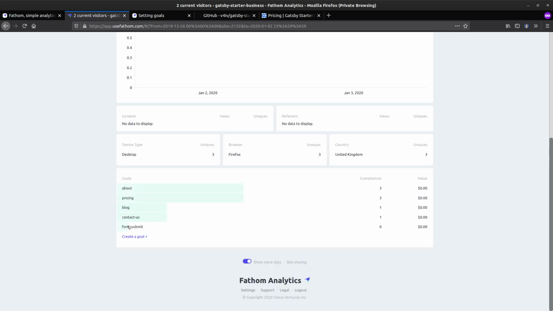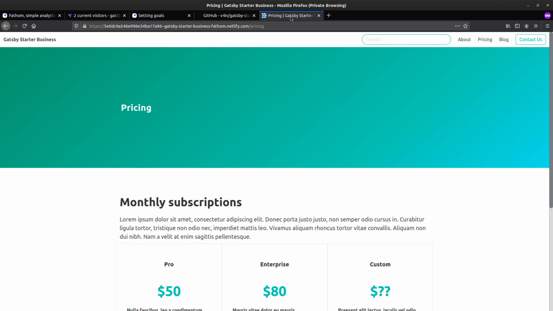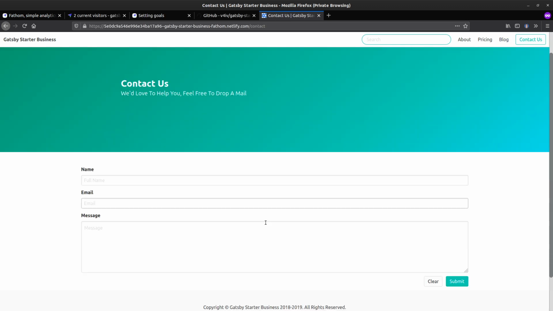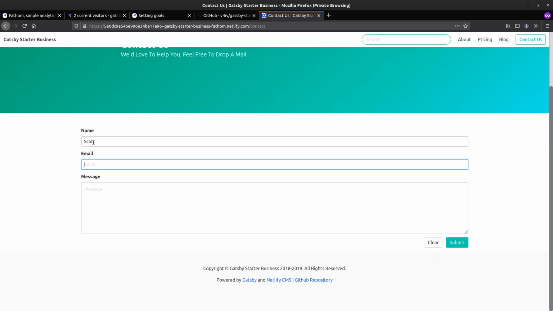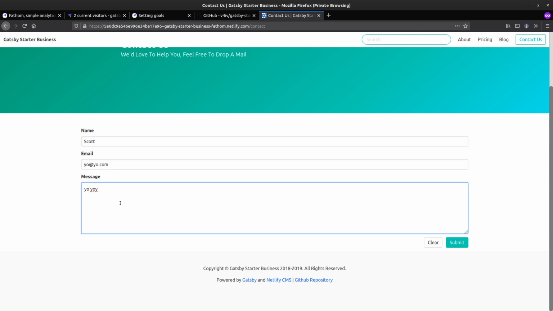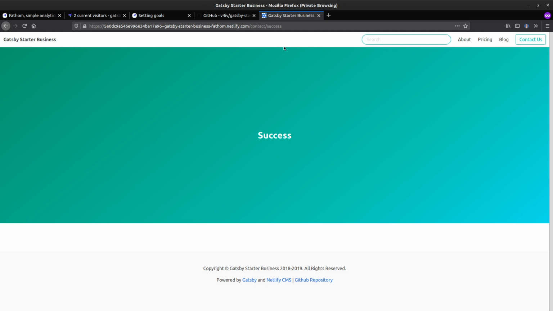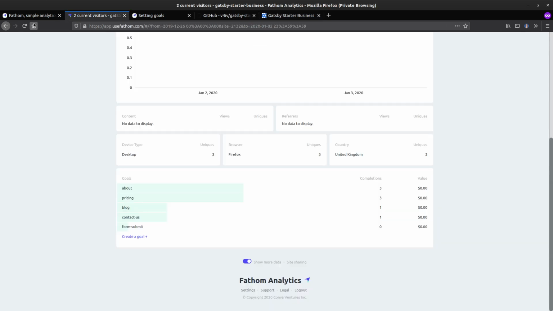There you go. And then form submit, obviously it's going to be nothing because we've not committed that yet. But if we click on contact us, and yo, yo, and then what's the message going to be? Yo, if that's going to work. Okay, I'm guessing this has just got submitted to some Netlify forms submission somewhere. Let's just check on here. So I should have one for contact us. Yep,